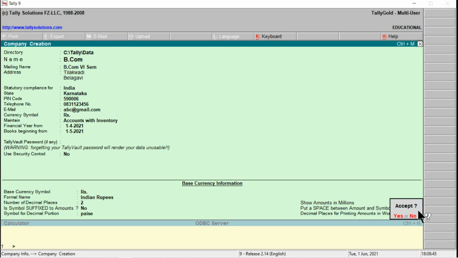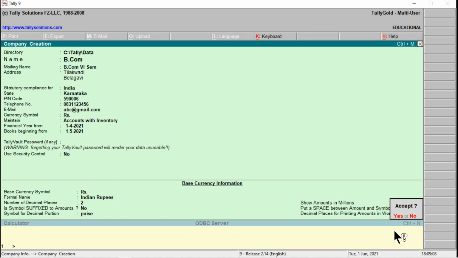Then press Enter here. Once we press Enter, here comes out a small screen. We can see here Accept, question mark. Whether we want to save this one, whether we want to keep this one, right? Yes, we want to create a company, then what we have to do?